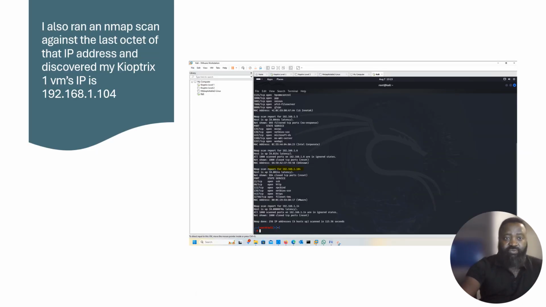192.168.1.14. So I did an Nmap scan as we did in the previous class, with Nmap on my IP address, but with the last octet being 0/24. And then I could get my Cuptrix IP address. If you don't know how to get that, you can see on the screenshot right here, which is the Cuptrix IP address and how we did get it in the last class. And then onto the next slide,